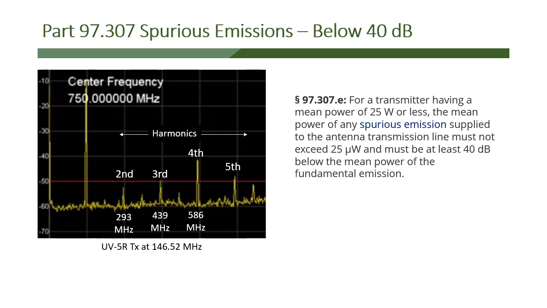And you can see there's a bunch of little spikes of second, third, fourth, and fifth harmonics, and you can see what megahertz those correspond to, given we're at 146.52 megahertz on the center frequency on the big spike. And so what the law says is that your radio has to have these harmonics below 40 dB, and you can see that this doesn't pass. You can see the red line is that 40 dB line. If you remember that we're starting with 10, minus 10 to minus 50, so that's a 40 dB line in red. That means that at least two, the fourth and fifth harmonics, do not function to spec,